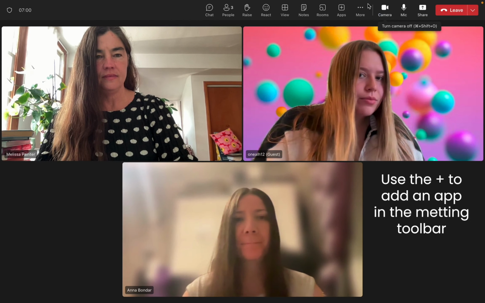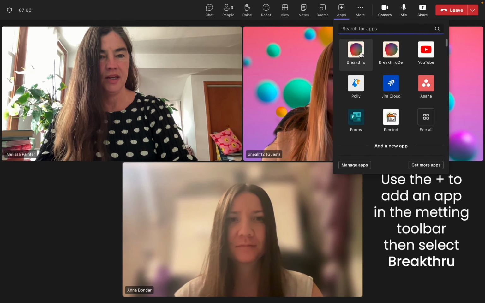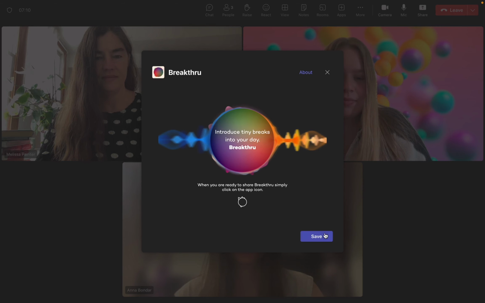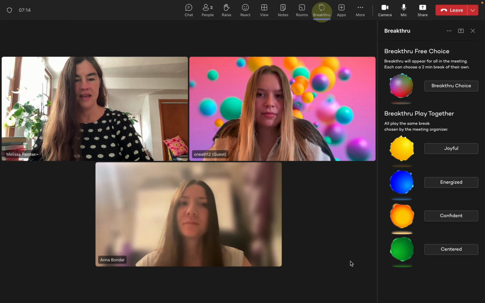To add Breakthru to one of your team's meetings, first use the plus to add an app in the meeting toolbar. Then select Breakthru. Click Save. Now that you've added it as a tab, you can click the Breakthru logo highlighted here to add it to